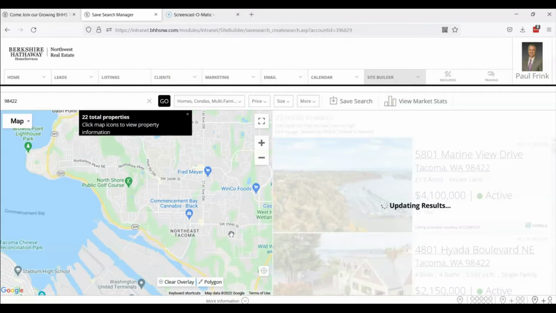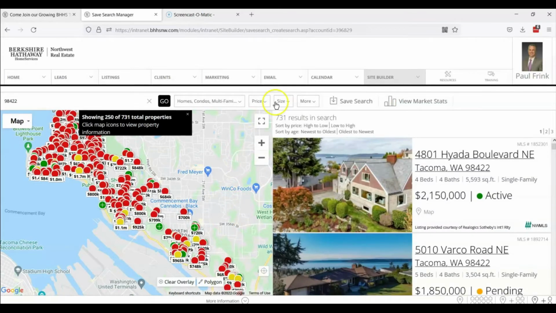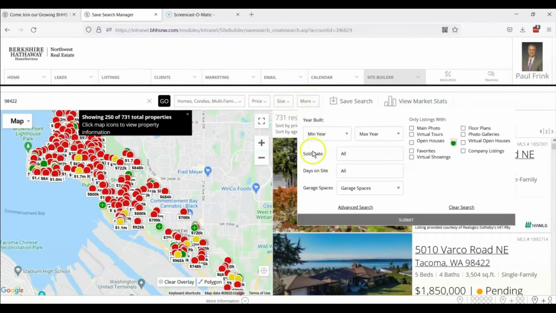That's okay. So go ahead and click that, and then all of them will pop up. The next thing we're going to want to do is go to more, and then change the sold date to however far back you want to go. Let's say 3 months. More than 3 months probably isn't giving you a good representation of what the neighborhood is